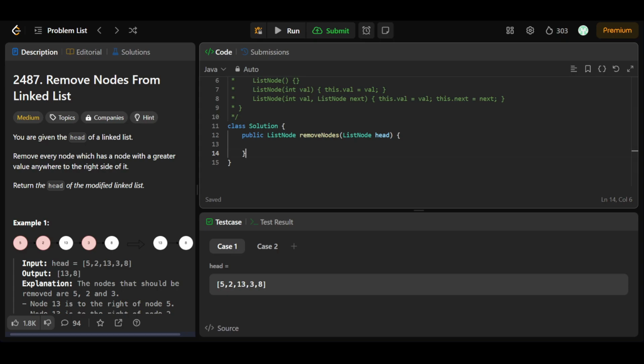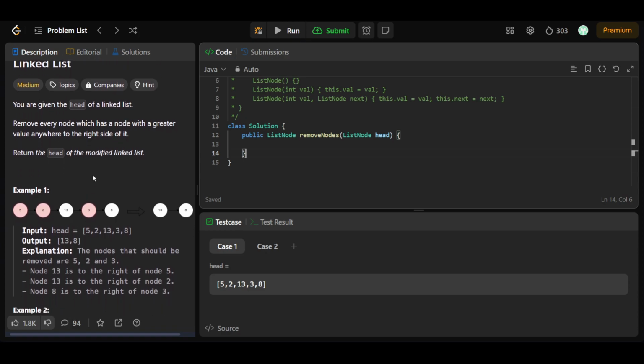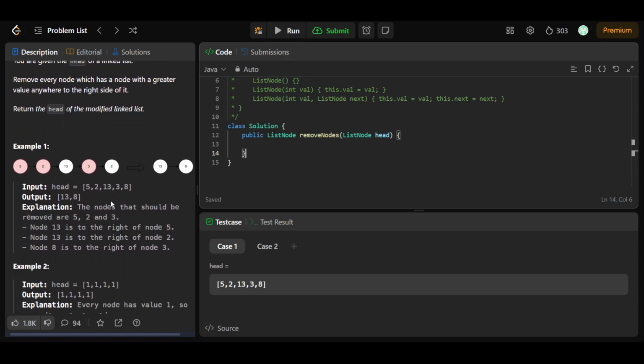Hello people, so today we'll be solving LeetCode Daily Question 2487, that is Remove Nodes From Linked List. We are given the head of a linked list, and we have to remove every node which has a node with a greater value anywhere to the right side of it, and return the head of the modified linked list. For example, we are given this linked list 5, 2, 13, 3 and 8, so we